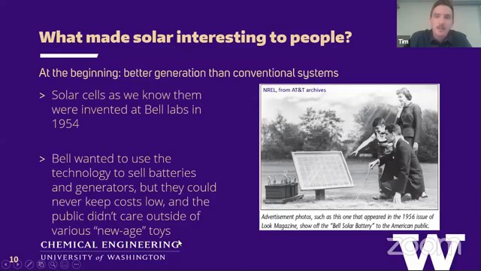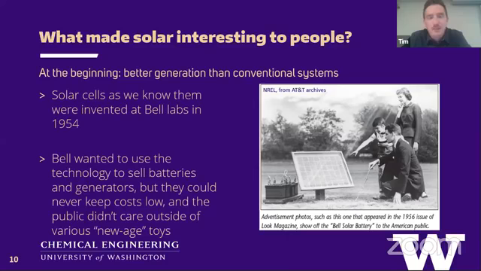And initially, they wanted to use this to sell batteries and generators. They wanted to actually sell wholesale electricity, but it was so expensive to make this solar panel, and so few electrons came out of it, they could only sell batteries and generators. And outside of a few new age toys, this never really took off, despite these swanky looking advertisements from the 50s. And so it looked like solar was going to die after about 5 to 10 years of Bell Labs